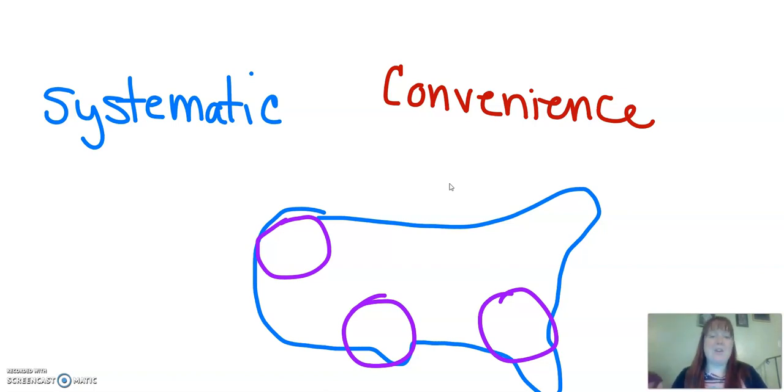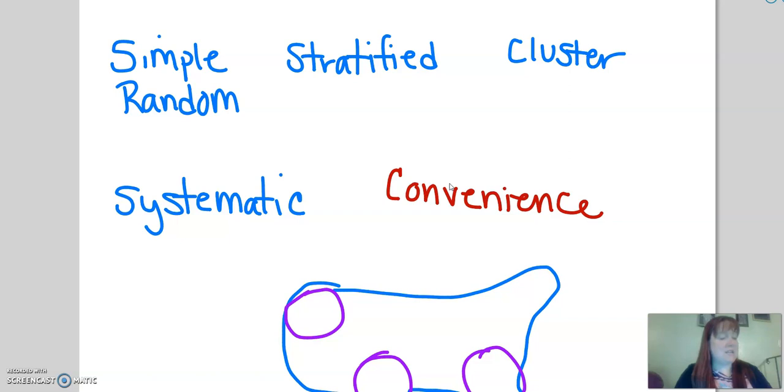Again, if there's a pattern, that's a problem because, you know this in our school, oftentimes you have different classes sitting in different places, and so I might end up getting a non-representative sample. But those are the 5 types of sampling, and again, these 4 blue ones are totally great. These ones are all really good to do. A convenient sample creates a ton of bias, and so it's really not a sample you should use unless it's a really not super important survey,